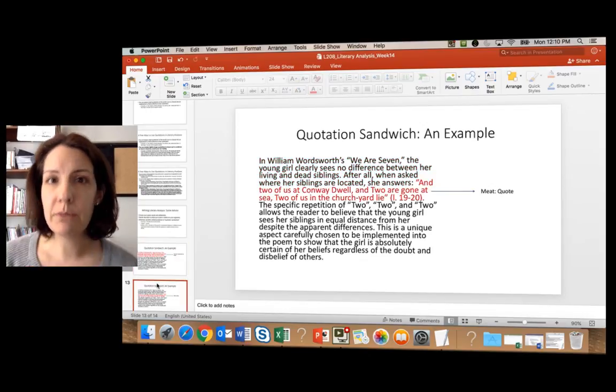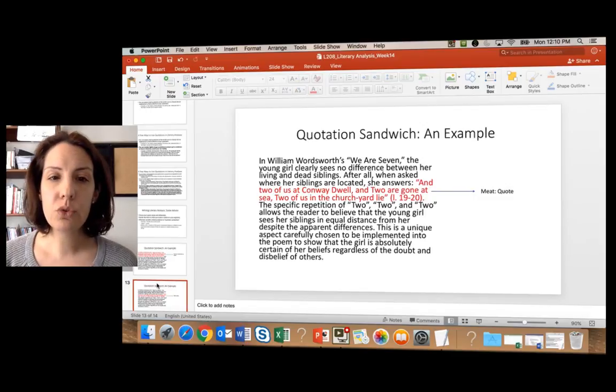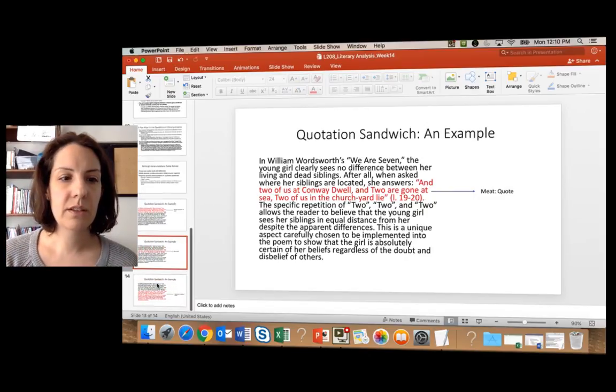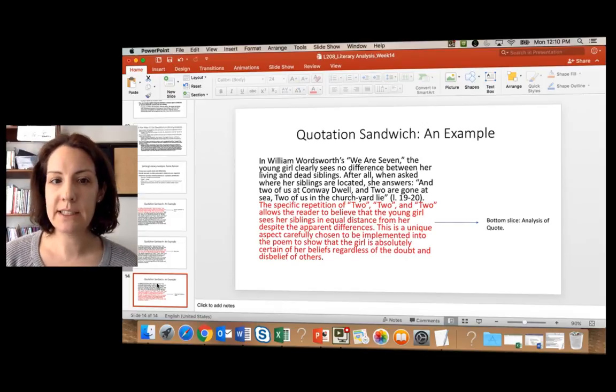Next comes the meat of her sandwich, which is the quote itself. And that quote is, "And two of us at Conway dwell, and two are gone to sea. Two of us in the churchyard lie," followed by the line numbers in parentheses. And then finally, she has after that a couple of sentences of analysis of the quote, and that's the bottom slice to that sandwich.